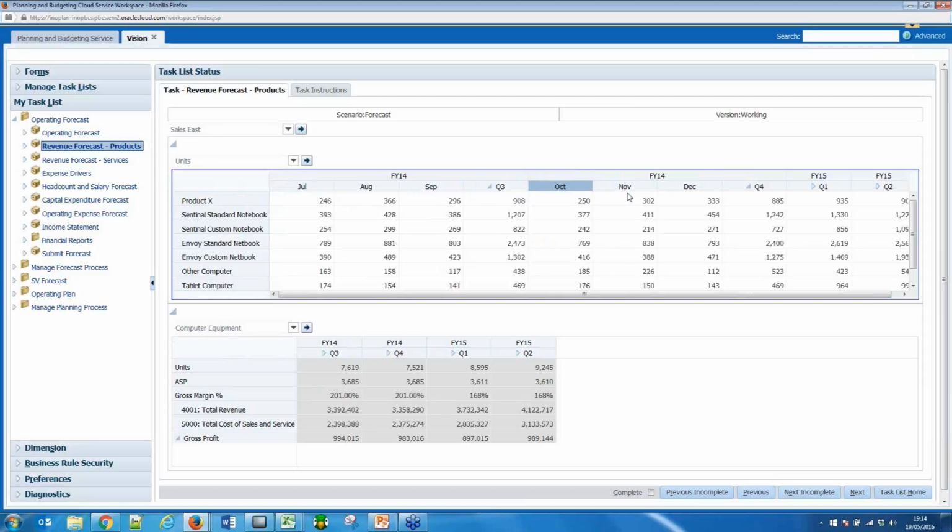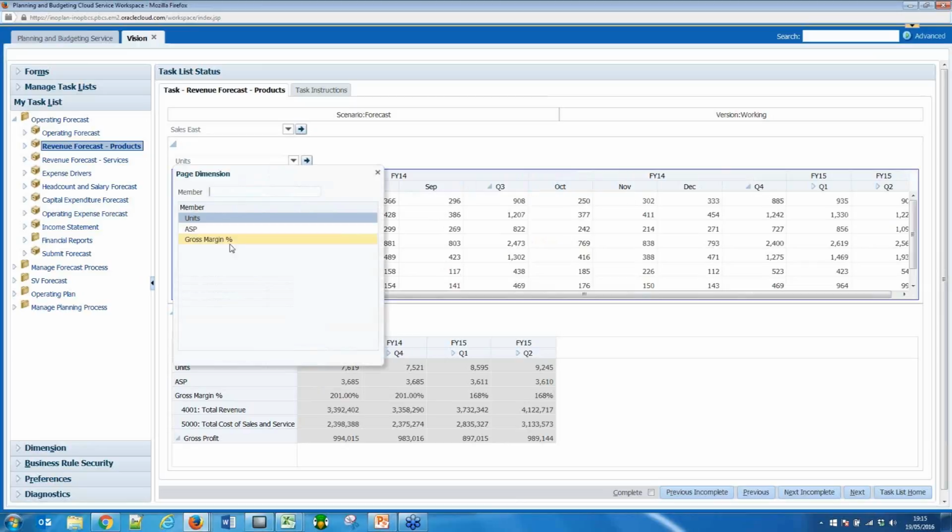At the very top of the form, I can see that at the moment, within this grid at the top, I'm looking at units. I can choose from the drop down to look at my average selling price and my gross margin percentage as well. So effectively what I'm able to do is put in the number of units I think I'm going to sell of a given product, like product X. Then I could go and input my average selling price here for product X,